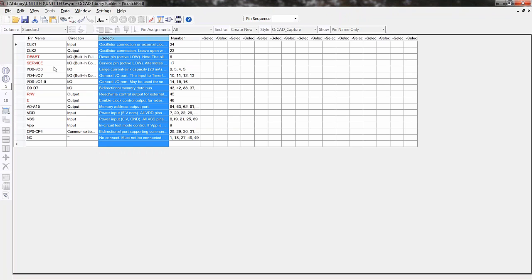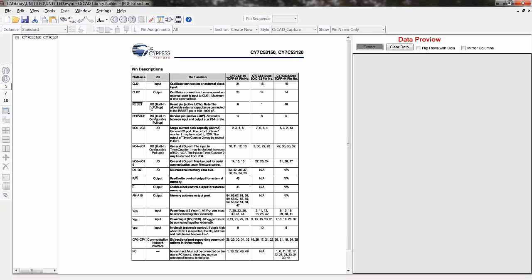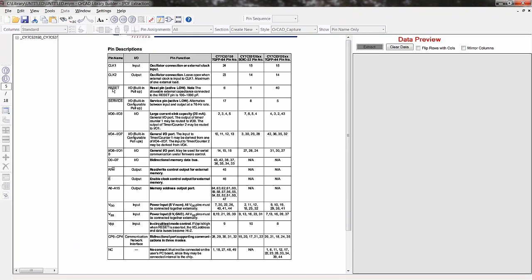Now you do see some data that's in red. When you have data in your data sheet that's overbarred, it's a negated pin name. So when you go to OrCAD Capture, you may want to put overbars on your logic symbol, or you may just want to put a negated pin style, which is the little pin length with a bubble on it, on the graphics. So the fact that we recognize that overbar,